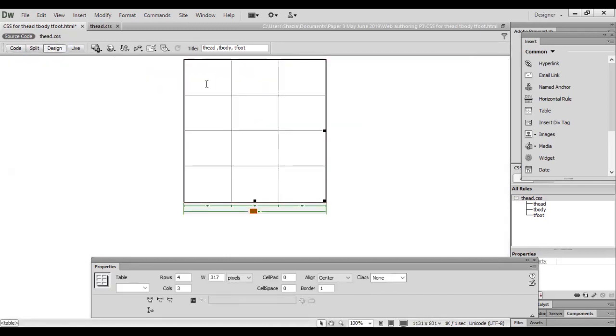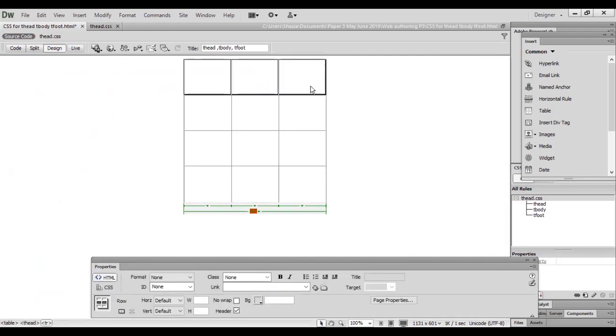Let's see the result here. If you remember, I set the first row as T head, and I defined a color for this, then a different color for T body and a different color for T foot, but I don't see any color in it.